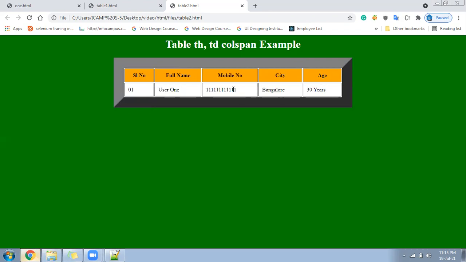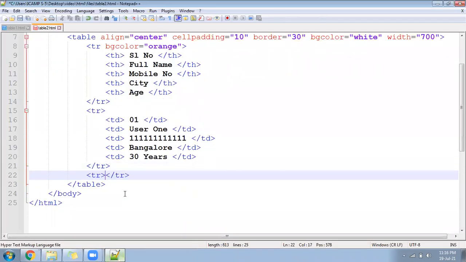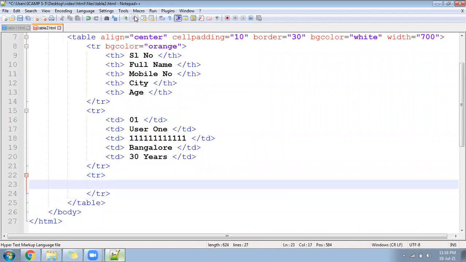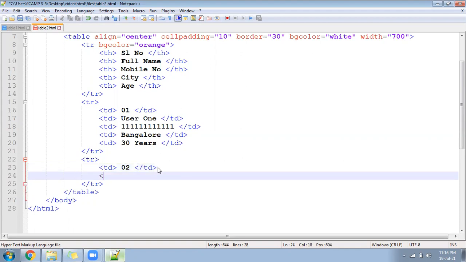Now we are going to use colspan. Suppose the next user you have has not given, assume, the age. So how to do that? I will go here and write a TR. Inside that, we'll follow the TD as serial number 2. We'll give the name here, user 2.